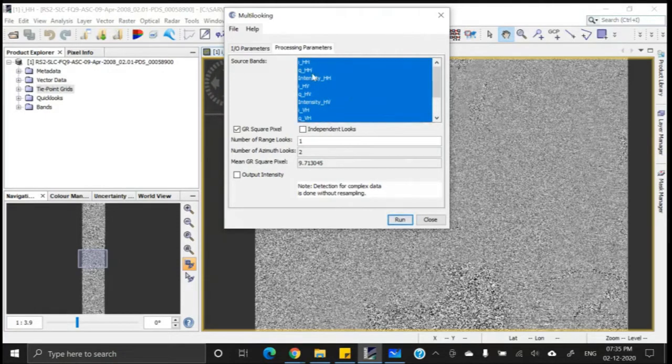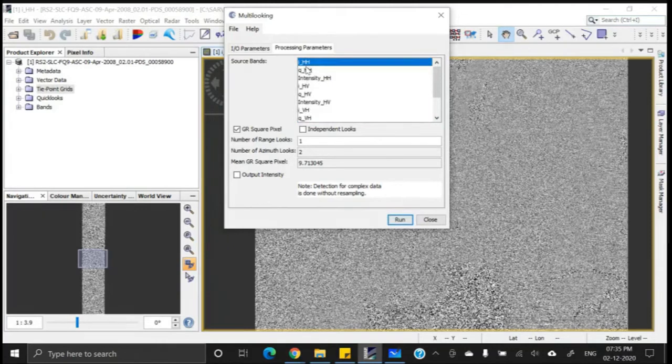Now what if I don't select anything? Then also all of the bands will be processed. So I am not selecting anything. Therefore, all of these bands will be considered for processing, multi-look processing.